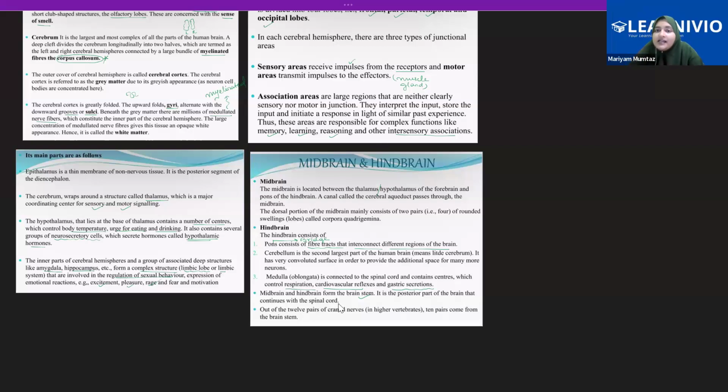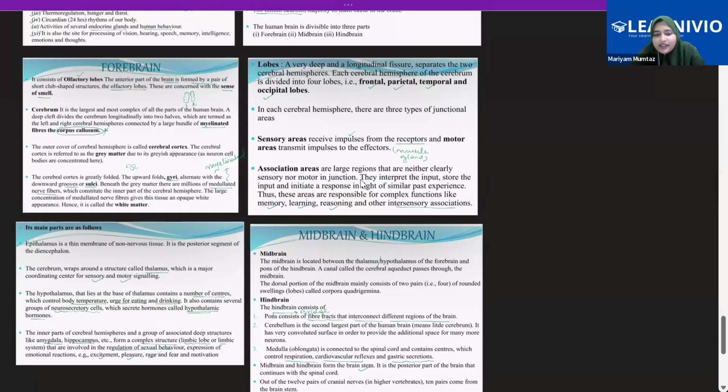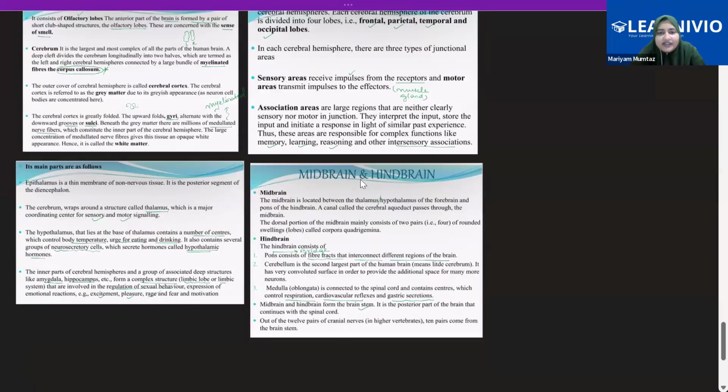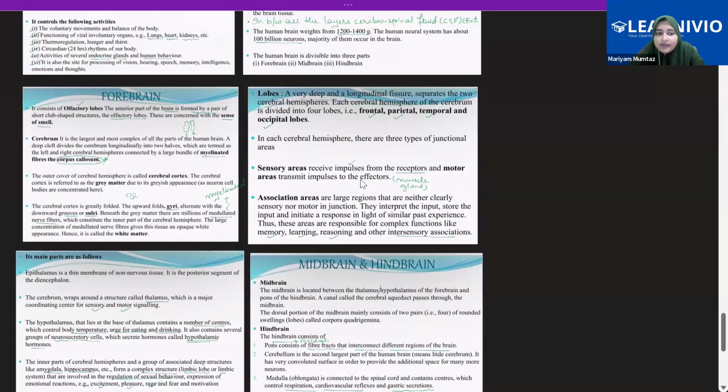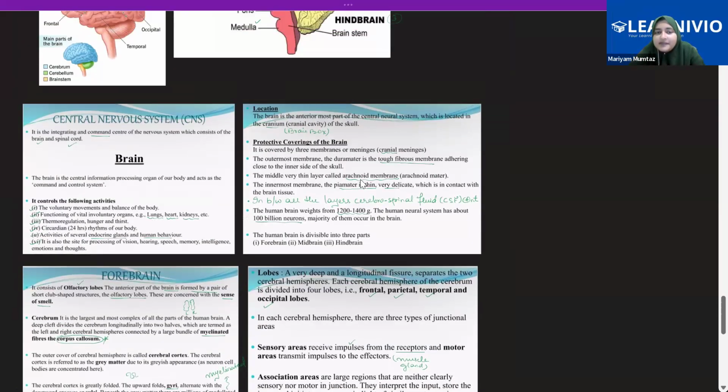So in the previous class, we had discussed the various parts of the brain, in which I think we have discussed everything, right? The midbrain, the hindbrain. Then we've discussed the various areas of the brain, right? So let us give it a run through. The entire brain has been divided into three major regions: forebrain, midbrain, and hindbrain. Now, when we talk about the forebrain, it contains the cerebrum, the thalamus, and the hypothalamus,